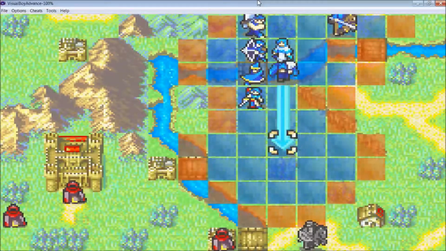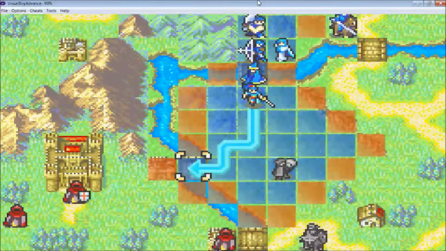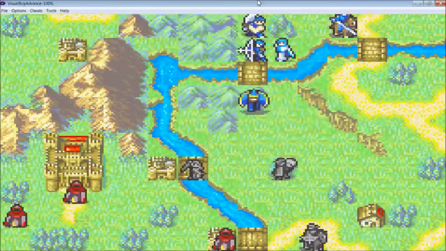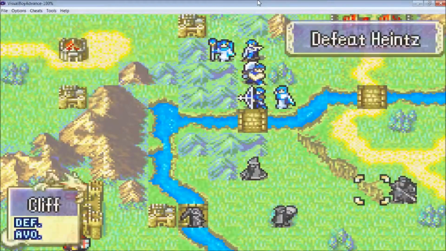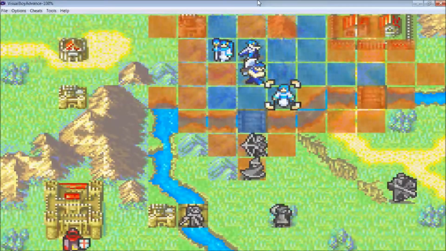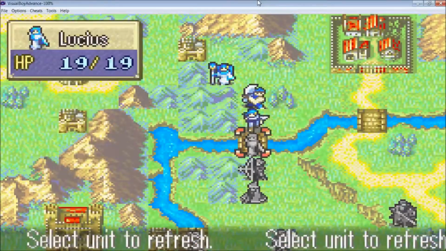For number 9, we have characters, and I gave this one a clear 1. I like a lot of the characters. I liked all of your main 3, even though I believe Hector was more of a pseudo main character than anything. But I liked him. He added to the story, and I do like the other 2 main characters a lot. Lyn was pretty cool,